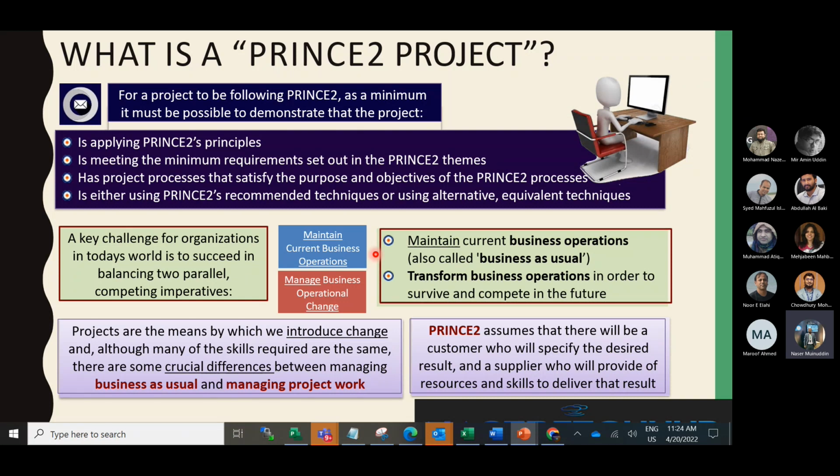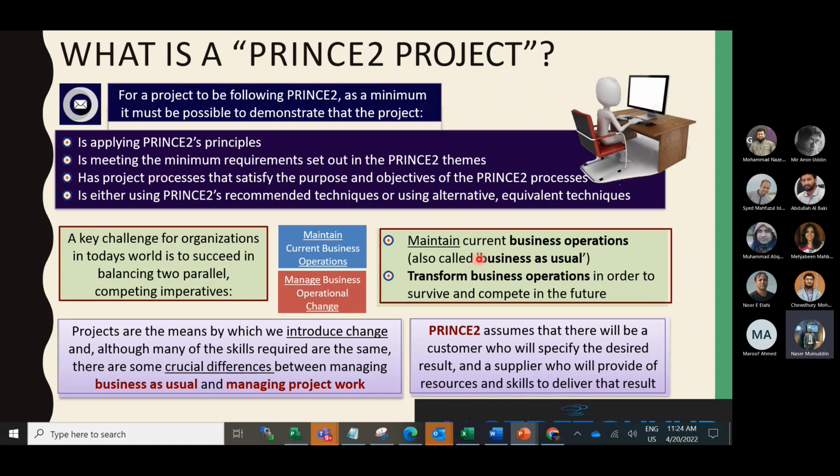And if any change is required after the operation, you need to manage business operational change as well. We call that maintaining current business operation, which is ongoing. We call it business as usual, or BAU in short.